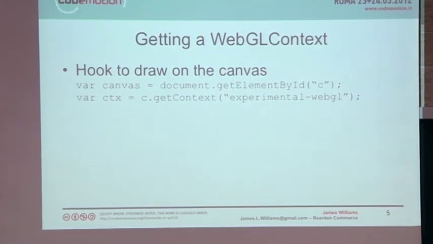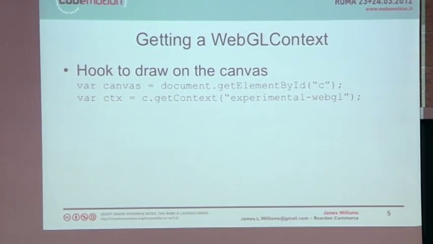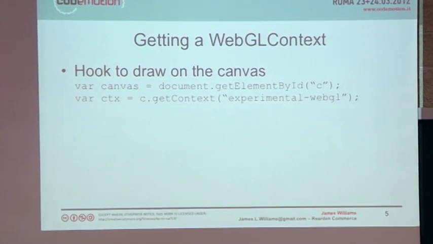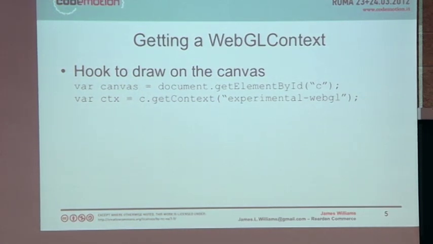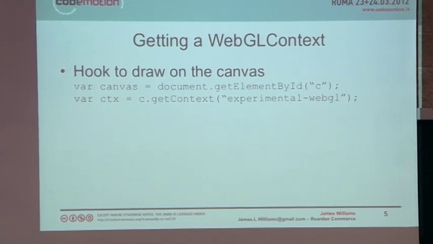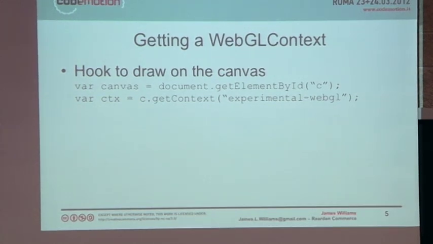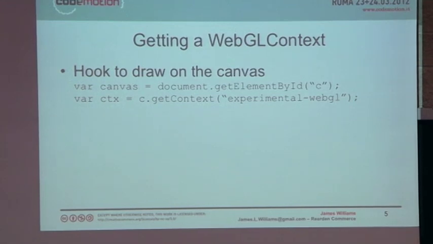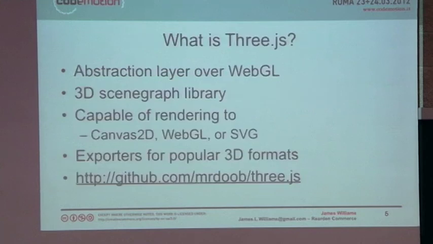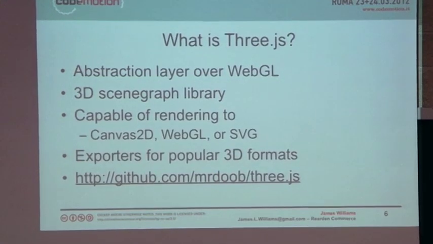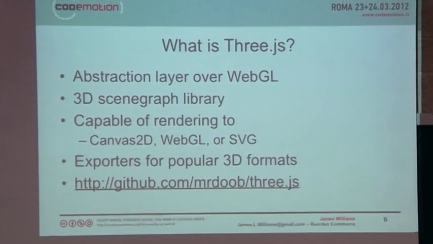So just to jump into some code right now, this is how you would create a context, create kind of a surface to draw WebGL. But we're not going to stick with WebGL because, like I said, it's very nasty, and you have to think about a lot of things that are not fun for somebody who's just jumping in and wants to play around. So we're going to switch to Three.js, which is an abstraction layer over top of WebGL, and it's a